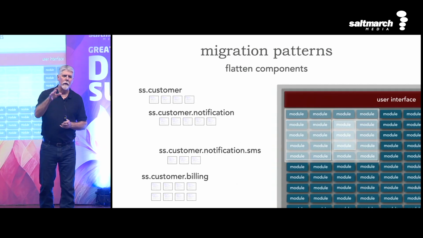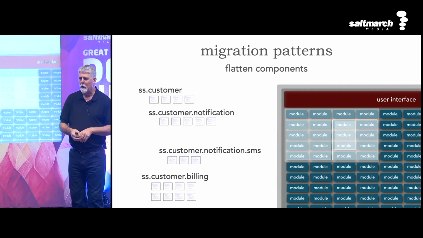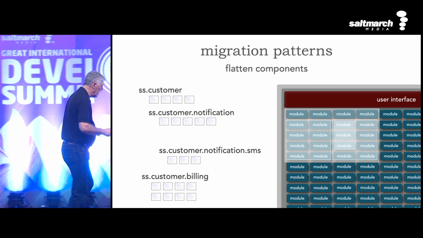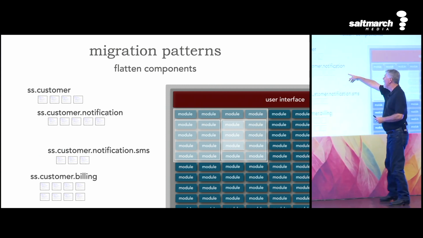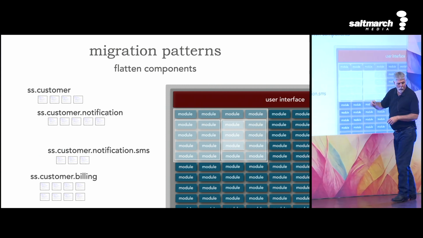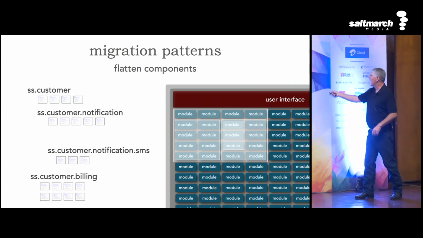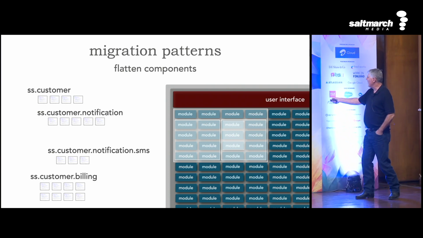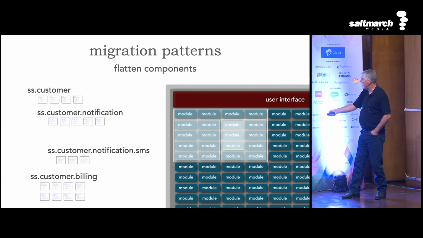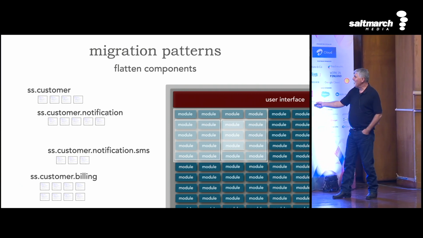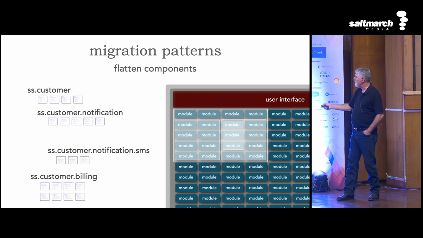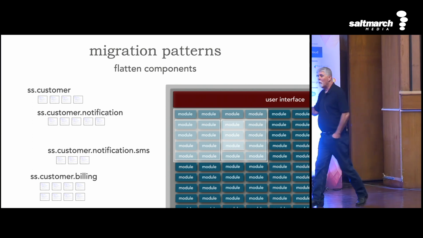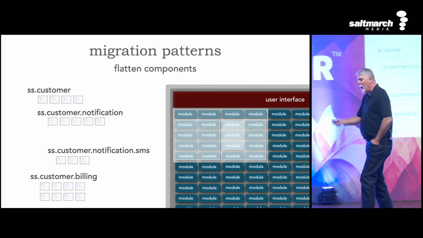So let's actually look at it from an IDE perspective. Okay. So notice the associations we have here. This is what our IDE looks like. We see our corresponding namespaces or packages and the code that sits under them. These 4 right here, ss.customer, are these 4 classes right here. Notification are these 5, SMS are these 3, and then the billing match with these. Now I'm going to be manipulating our code over here, and I want you to look over here and see what happens. So we can see there's like a little mountain going up. Okay. So the first thing we do in flattening is to say, I'm sorry, but